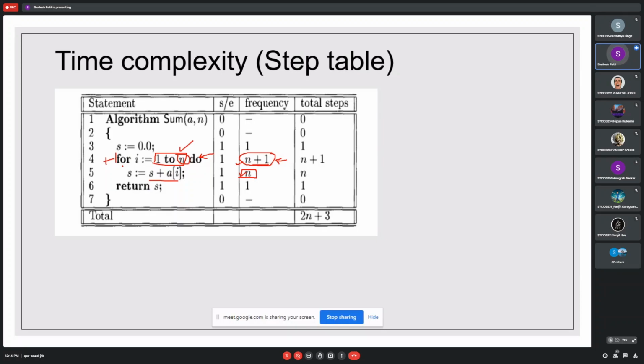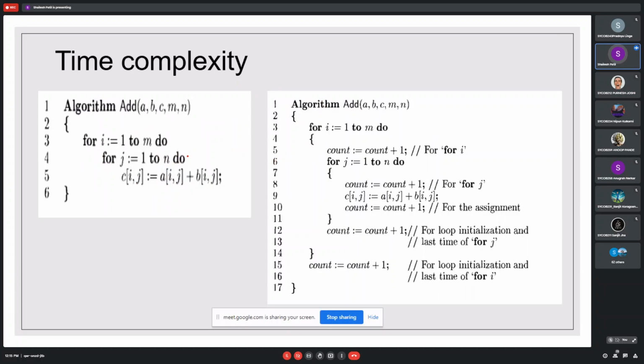Here we are going to make some mistakes, so you must remember that. For the rest, in the first table you have to write the step of execution, which will always be 1. Then the frequency, how many times it is going to execute, and the total steps, how many total steps are needed to execute. Suppose we consider this particular thing with the frequency. This will have one frequency.